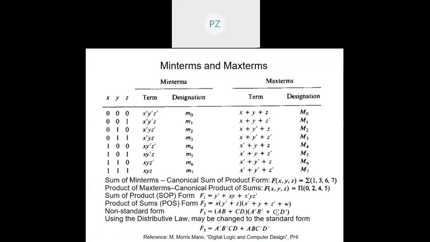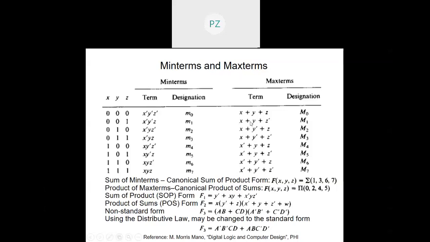Now C D ANDed with C' D' will be 0 again, because I am ANDing the variable C with its complement C', and also the variable D with its complement D'. That will become 0. So it will effectively be 0 plus this plus this plus 0. Those zeros will be absorbed, because x plus 0 is x only. That is why you will get the same term.